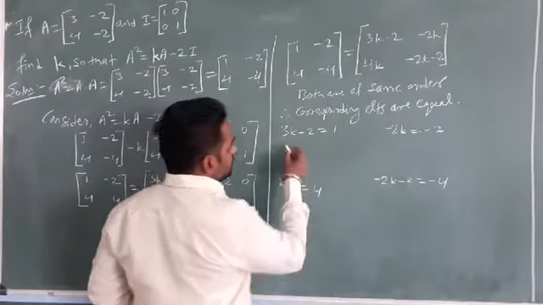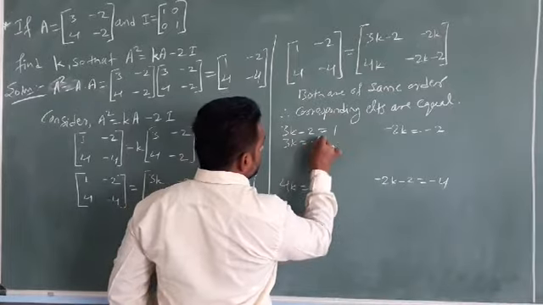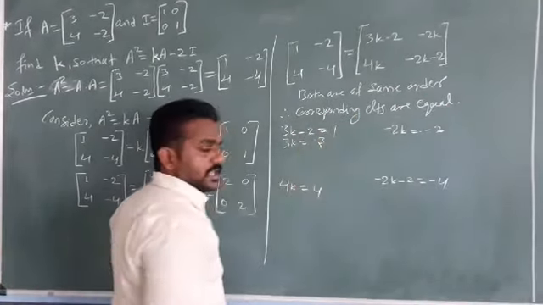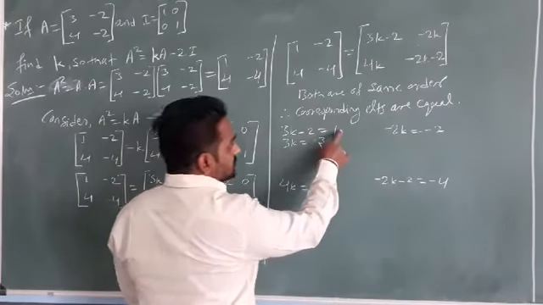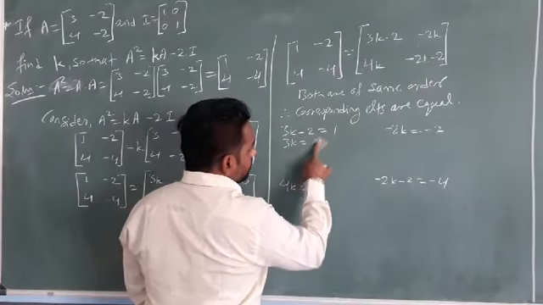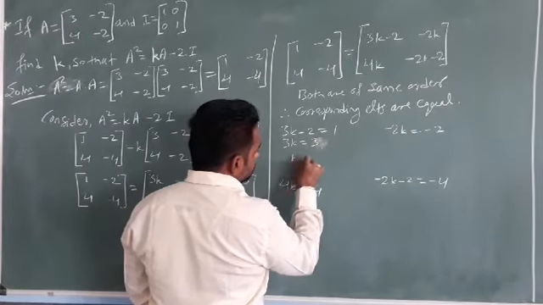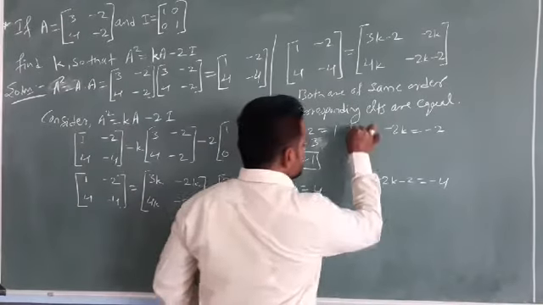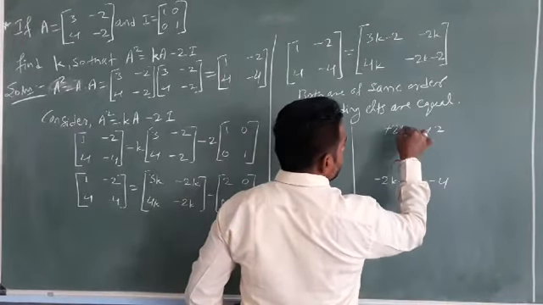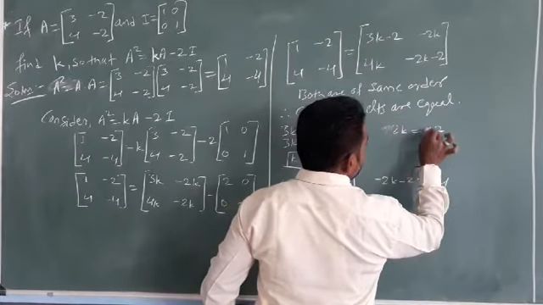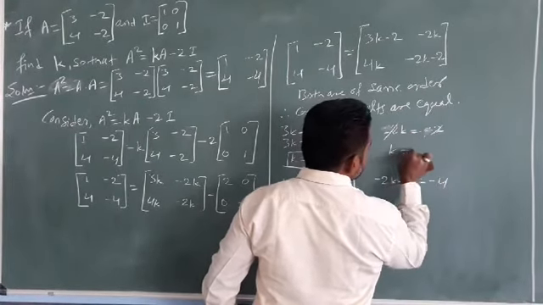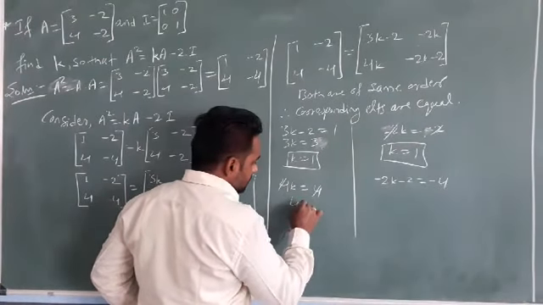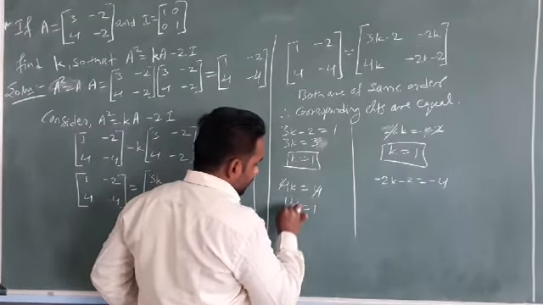Just solve these equations, students. 3k equal to minus 3, can we write? Sorry, plus 3. Okay, minus 2 transfer to the RHS side, plus 1 plus 2 becomes 3. Okay, so k equals 1. So here in this equation we will get k equals 1. Just try the other one. Minus 2 minus 2 both will get cancelled. So k equals 1. Here 4 gets cancelled. So k equals 1.